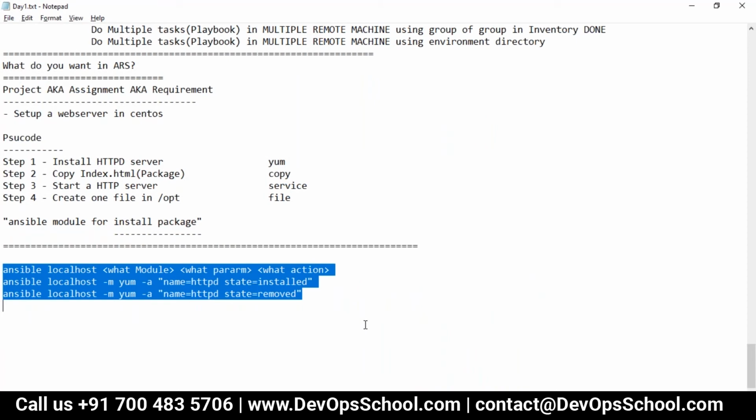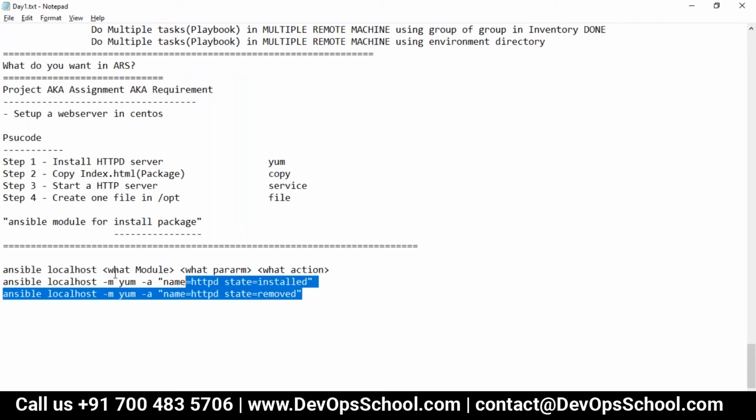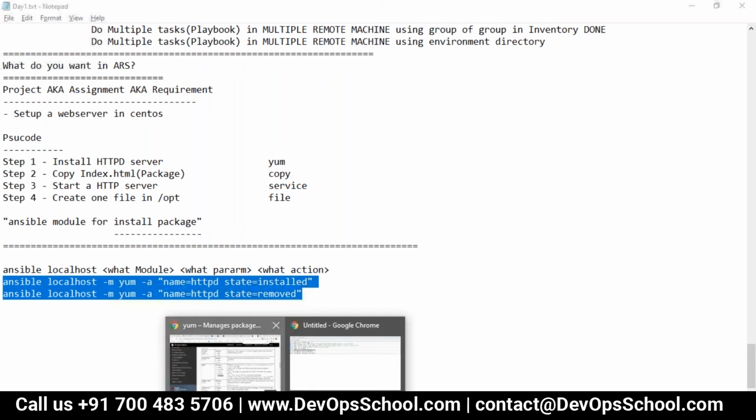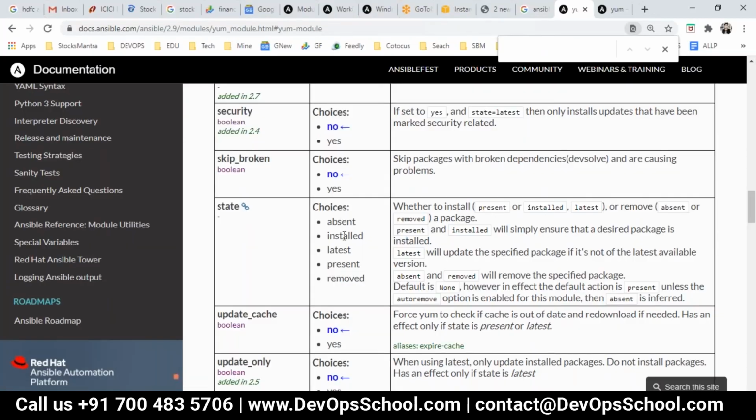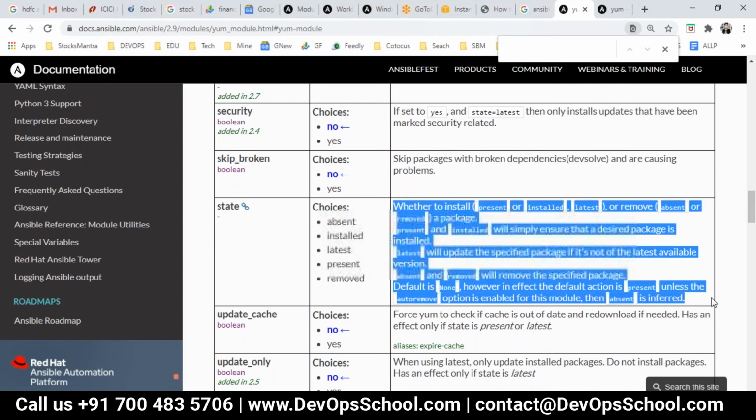Before doing any activity, it will check the server, right? Whether the existing one is available or not, right? Correct. Yes. Okay. So we have other parameters also, like installed and removed. So many parameters. You check this here: absent, installed, latest, present, removed. Each and every description is given, you can read it during the lab time with peace of mind.